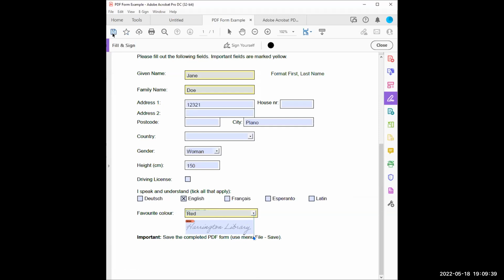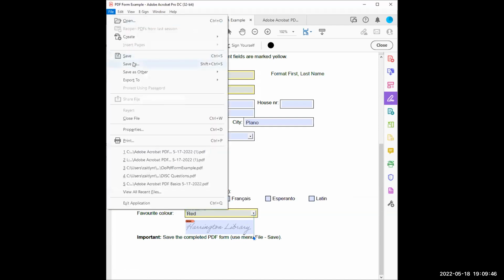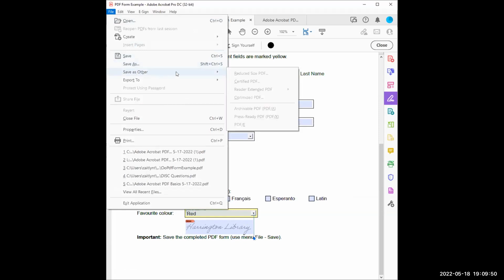How do you save? I touched on that briefly earlier: saving a file by clicking that floppy disk, or going to File and Save As. We also have the option to Save As Other, which goes over these options for a reduced size PDF. So if, for instance, someone sends you a PDF form that is, I would say, anything over